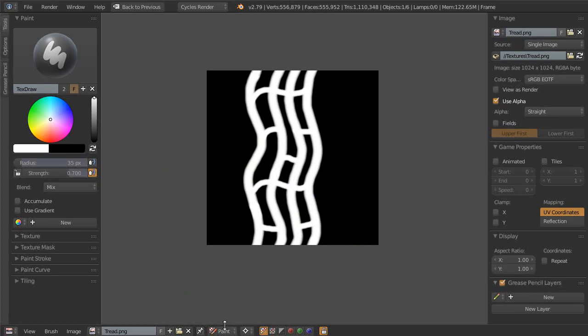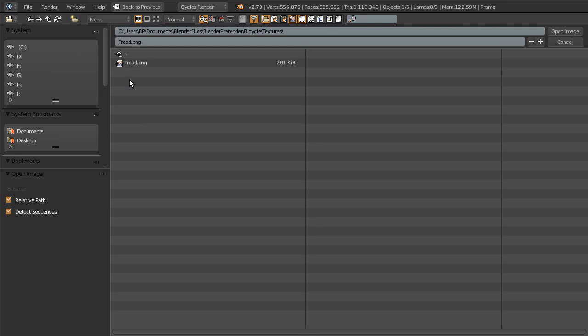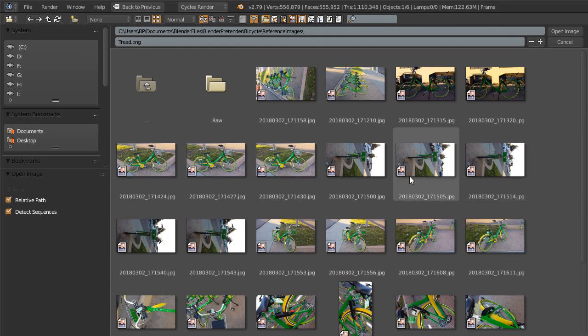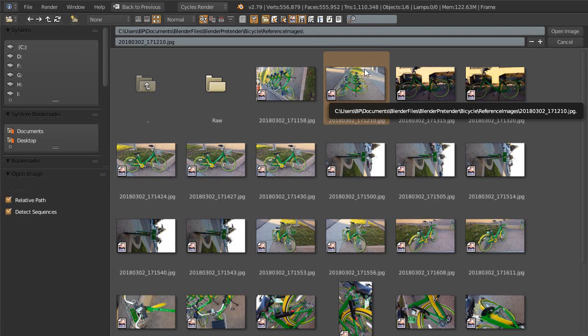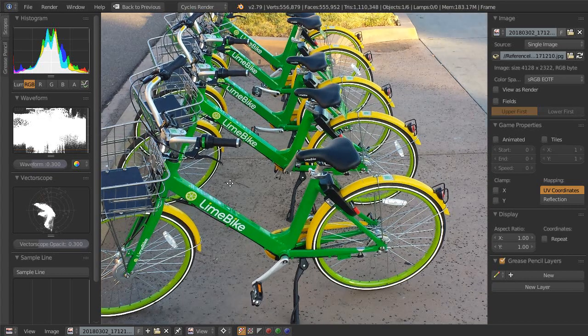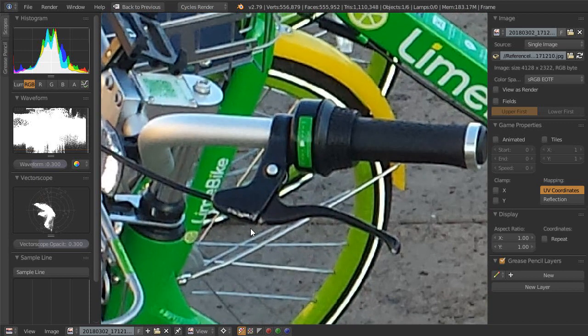And what I need is, in the view mode, I need to open, I get lost now. I look for stuff up here now because of Blender 2.8. I have to open, and I'm in the correct directory, but I want to go to the reference images, hit that one, and I think it's this one, right? Yes, I wrote the number down, so it's that one. And I'm going to zoom in here and use that as a reference right along with,